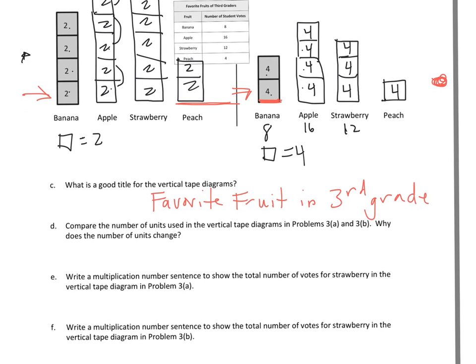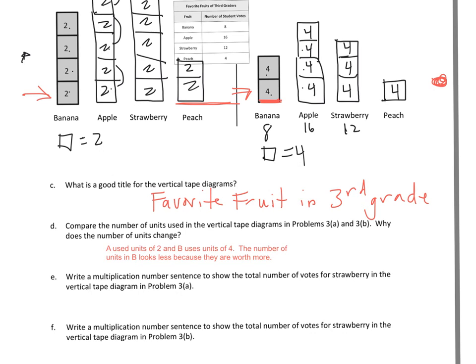So I'm going to try to get that into word form right now. So there's my statement. A used units of 2 and B uses units of 4. The number of units in B looks less because they are worth more. So now let's take a look at E. E says write a multiplication number sentence to show the total number of votes for strawberry in the vertical tape diagram